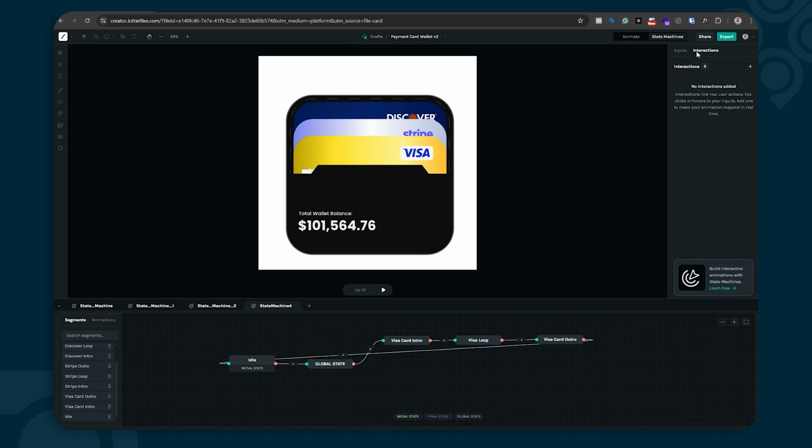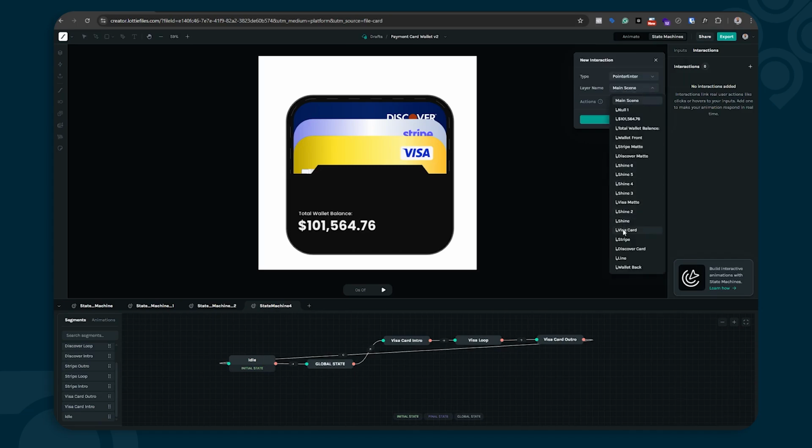I'm going to go to the interaction tab. I'm going to add a new pointer enter because I want this to happen on over action. Then I'm going to choose, my layer name is going to be my Visa card. The action is